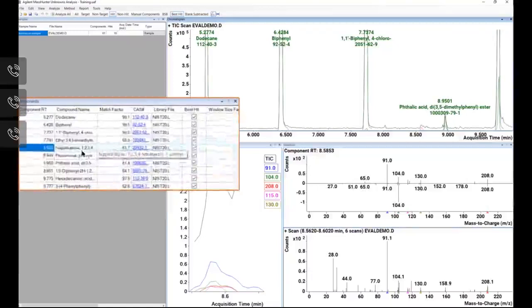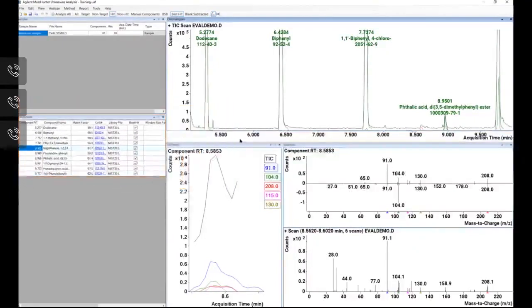Now granted, this at 8.5 is only a 61 quality match. And again, you're not going to call that a positive based on this match, unless obviously you've got standards and this isn't a matrix and things like that. But it would be pulling this out more if this was a better quality match, because that's what the deconvolution algorithm does. However, what it can do a lot of times is give you an idea of the classification or the functional groups on a specific compound that can help lead you to doing additional research and better identification of